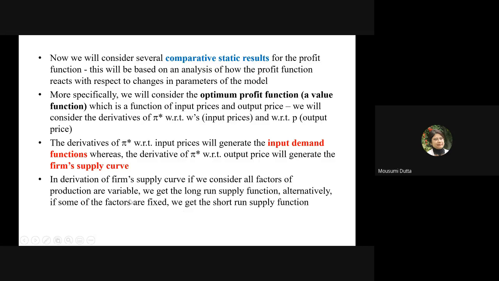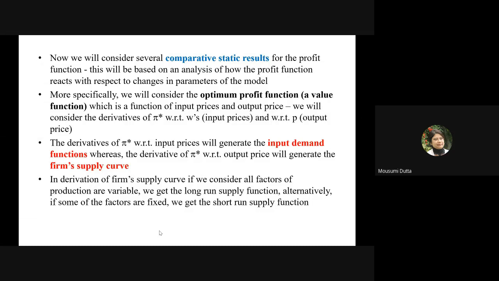This fourth point is actually echoing something related to the last term in the last point, the firm's supply curve. When we are talking about the derivation of the firm's supply curve, there can be two types: the short run supply curve and the long run supply curve. If we keep some of the factors constant, we will get the short run supply curve, whereas if we consider all the factors of production to be variable, we will get the long run